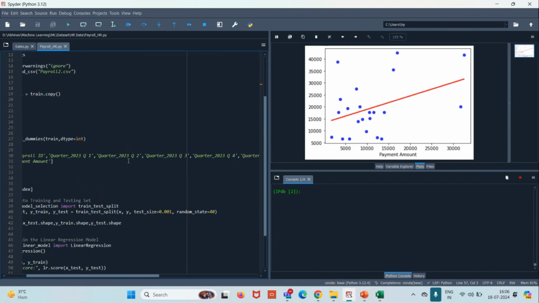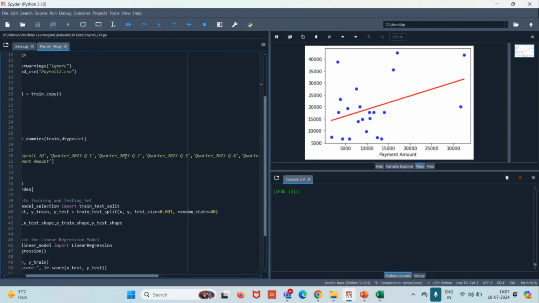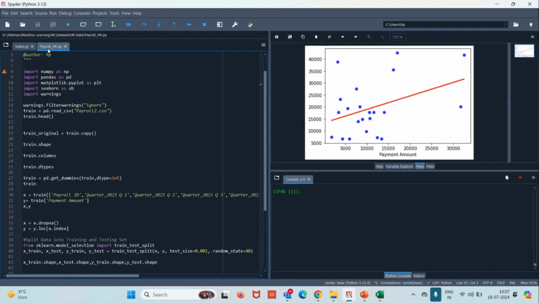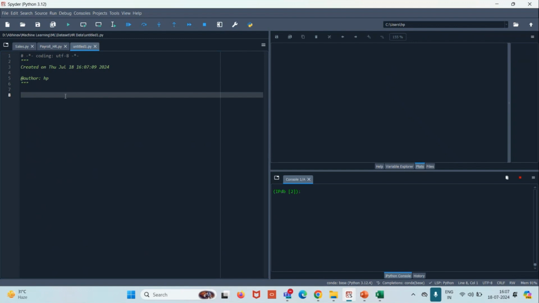So we have taken 2023 quarter 1, quarter 2, quarter 3, and quarter 4, and the quarters for 2022. Let me open another file, and let's delete this one. The first thing we are going to do is